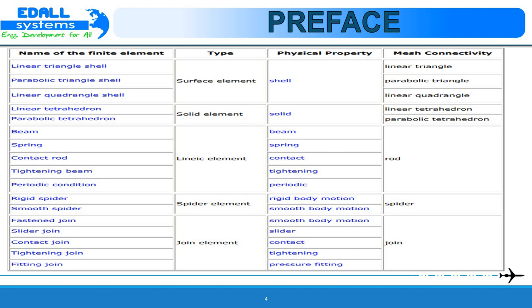Rigid spider has a spider element, has a physical property of a rigid body motion and the mesh connectivity of a spider. Smooth spider has a spider element type and has a smooth body motion physical property and a mesh connectivity of a spider. Fastened joint has a joint element type and is a smooth body motion physical property and has a mesh connectivity